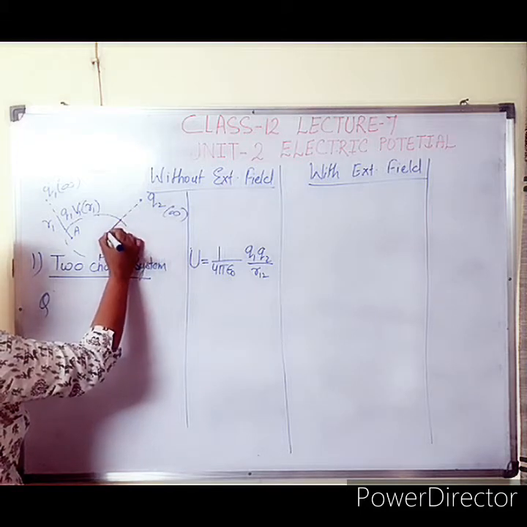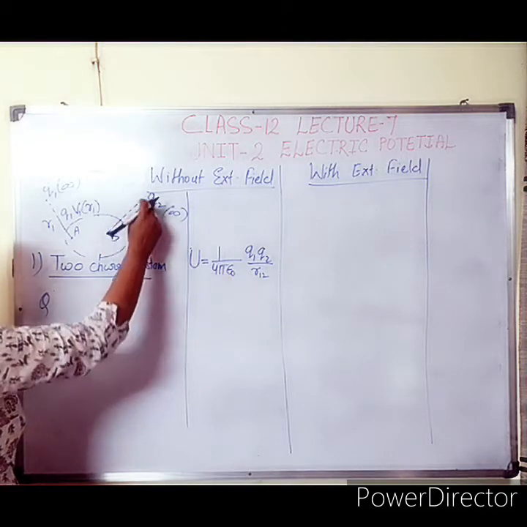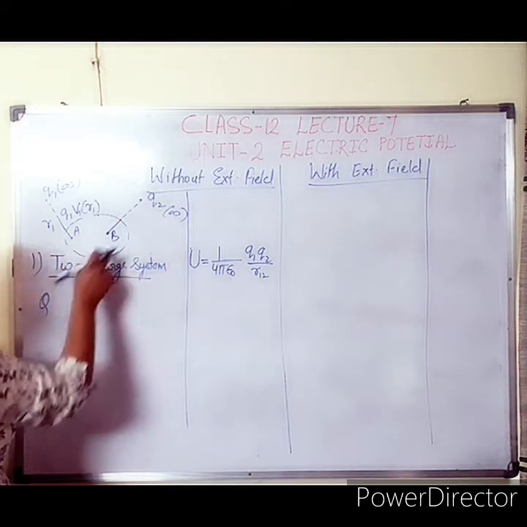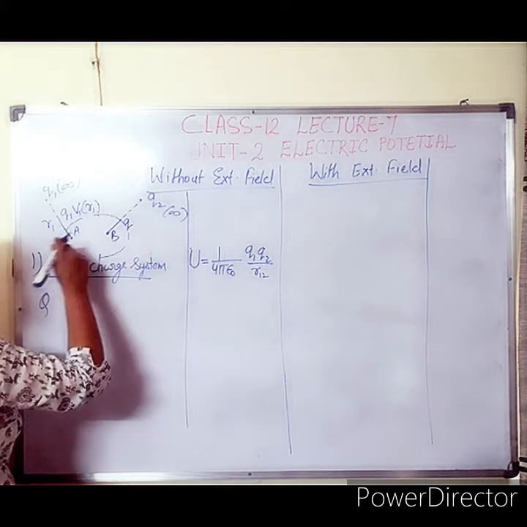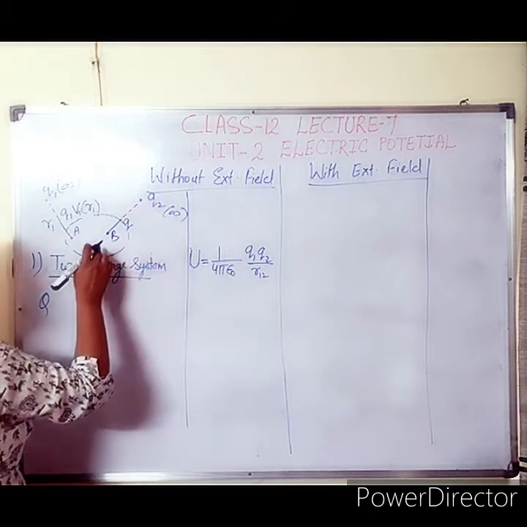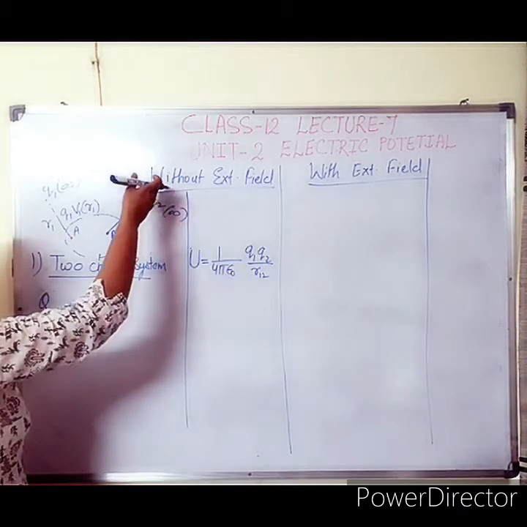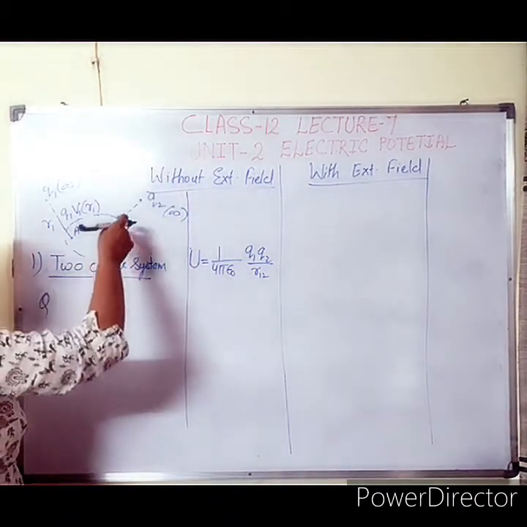Now the second charge is coming from infinity to point B under the electric field of charge Q. So again there must be a force applied to this charge against the motion of this charge towards the field.